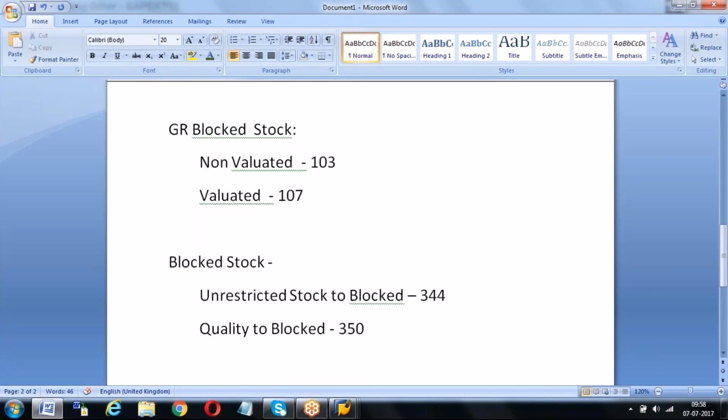They will release it to blocked. That is 350. If you have quality management, that 350 will happen in the background. As I told you, result recording and stock posting they will do in the QA32 transaction code. At that point of time, the system will take the stock to blocked stock. That is 350. This blocked stock we will see in our MMBE.